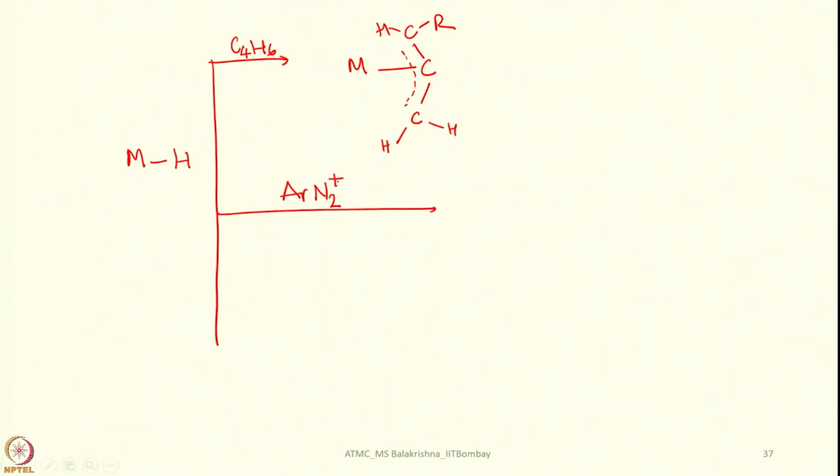If we take this cation, then again this whole fragment is inserted between MH bond to give a species of this type. If you take an azide, organic azide,